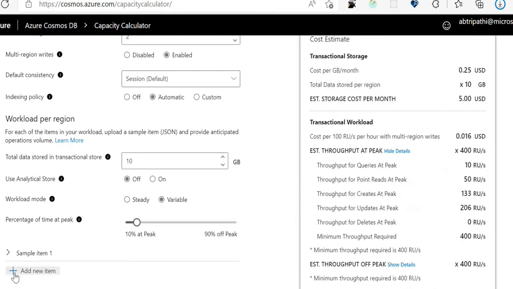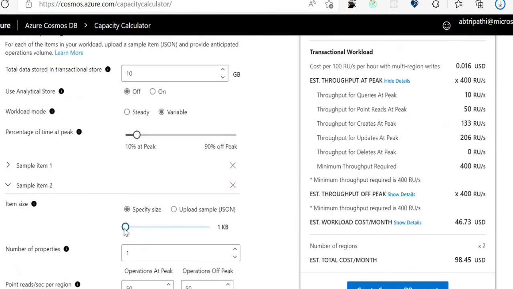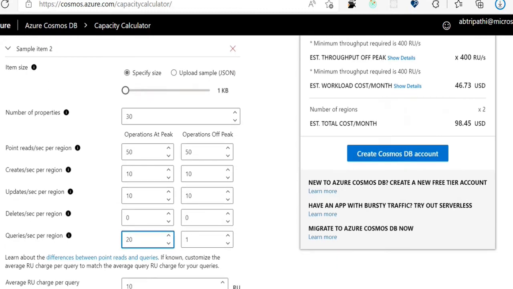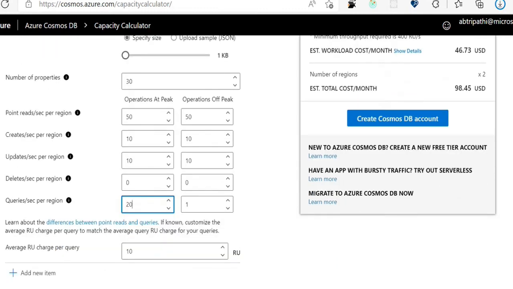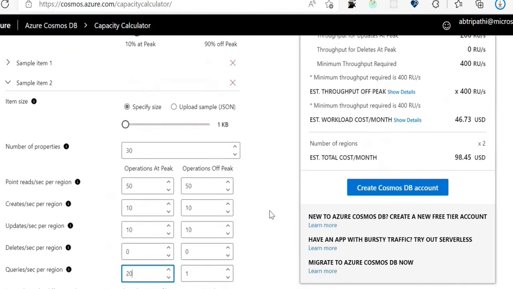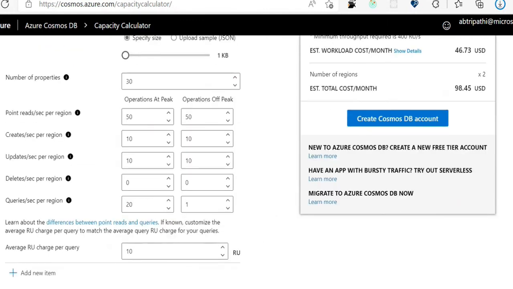Let's say we add another item. Let's say we have a student who's 1 KB only, but 30 properties. And if we are performing more queries on this, there can be different types of operations. It could be a point read and creates, updates, deletes, and queries, whatever. So depending on that, the number of RUs consumed will be different. And now again, let's hit calculate. So just make a note of these numbers, 400 RUs and 400 RUs off and on peak. Then again, we click calculate,